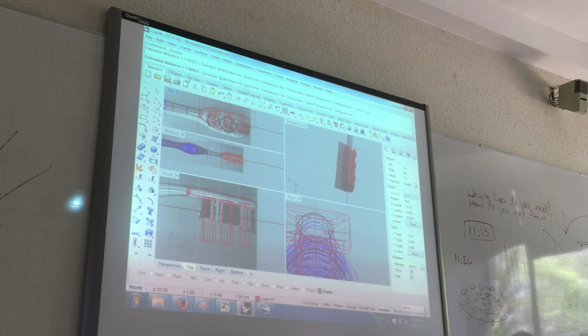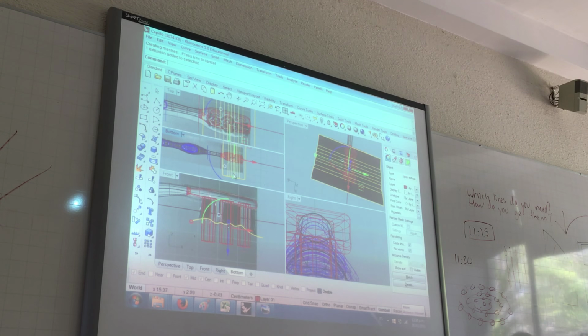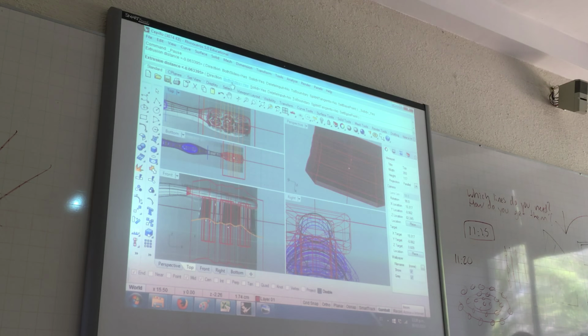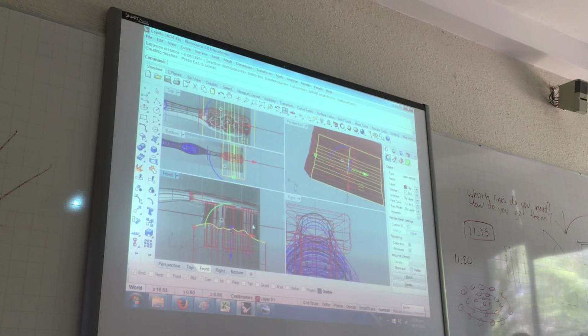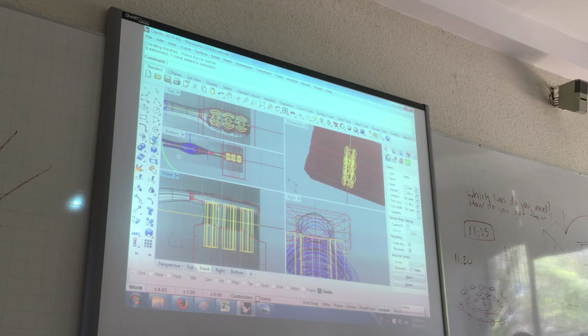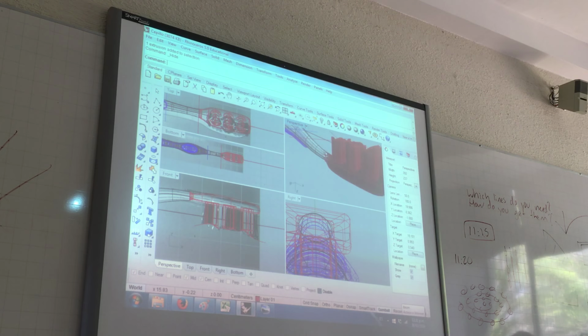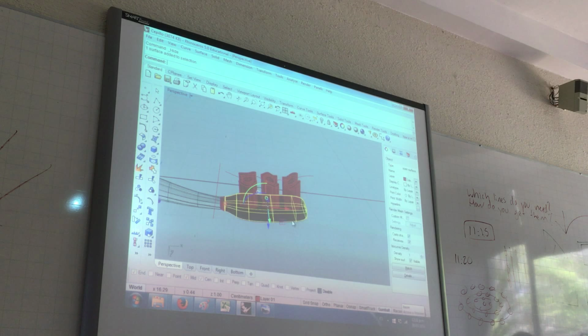Okay, hold on. I'm going to extrude this in both sides. And now I'm going to do a solid with the surface. Both sides, no. And I'm going to do a volume difference with this. Yeah? So if I change this to the layer